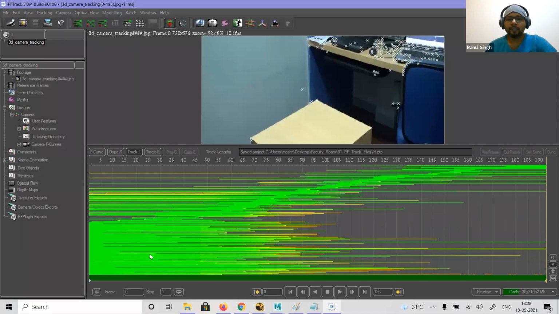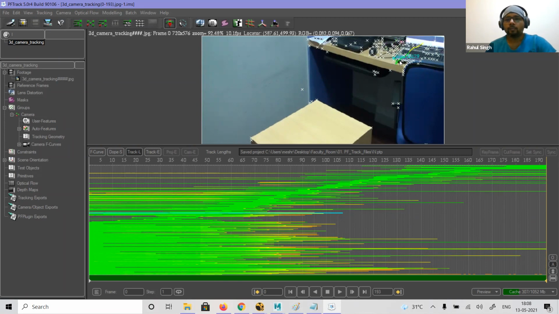Now track L, what it does is it will give you each track point and the length of each track point. So you can see this is the track point of that. It started here, it finished here. Some start here and finish here. So how the flow is: green is good, yellow is okay, red is danger, meaning this track point is not very good, right?